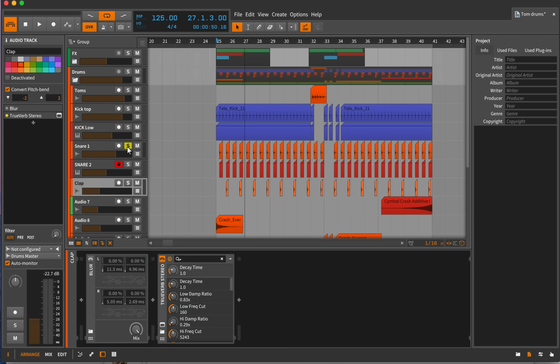Now, let's solo the snares and bring in the clap. Right, so you can see that the clap gives it a presence. It takes the beat away from being something written on a computer, and brings it more into the realm of being a bit more live. Now, we haven't put the clap on each snare hit. That would be a little bit of overkill, and this adds a little bit more variation to it. Now, if we listen to the beat we have so far,